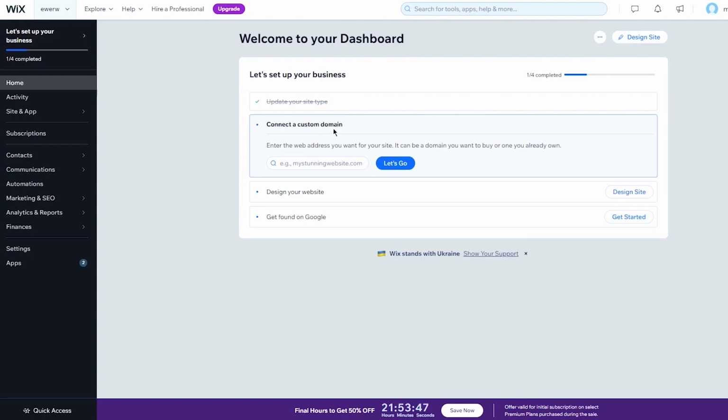Now that we've signed up for the Wix account, let's choose a template that fits our needs. Now to choose a template, obviously we're going to have to go to design site. So I'm going to be going into that in a second. Before that,